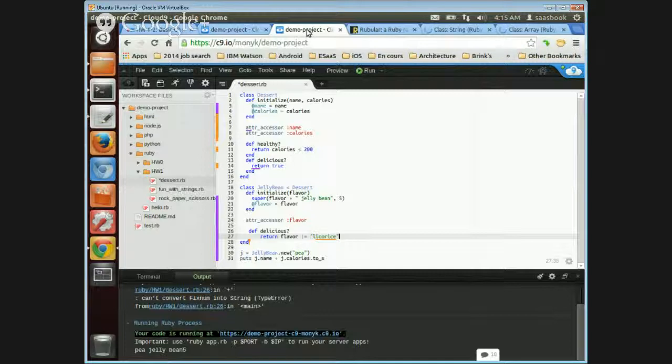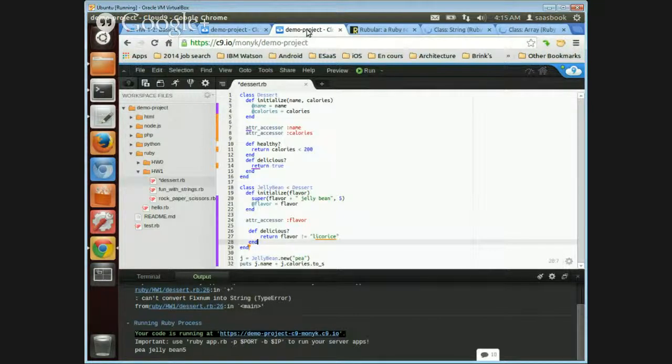Okay. So if it's equal, it'll return false. If it's not equal, it'll return true. And that's it. So when I look at it down here,